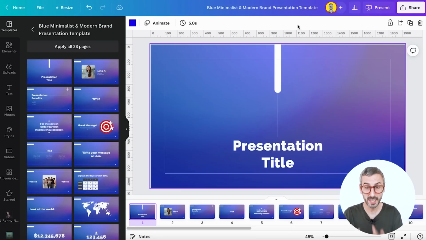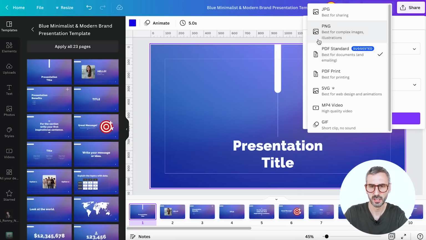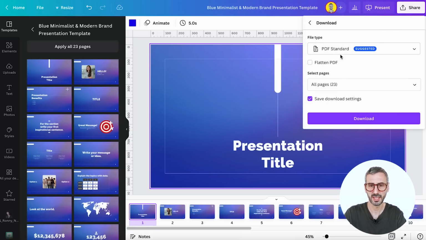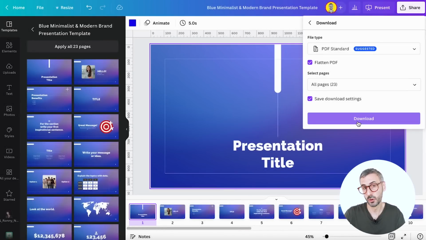Now, let me come back to my example presentation and show you where to find that option. You'll have to go to your share button and then download, and make sure you are in one of the PDF, either PDF standard or PDF print. This option will show up for any of these two PDF formats. So let's choose PDF standard, and you will see this little box right here, flatten PDF. So if you tick it and download, your PDF will be flattened. So very straightforward feature. I just thought since it's new in Canva, I would show it to you in this